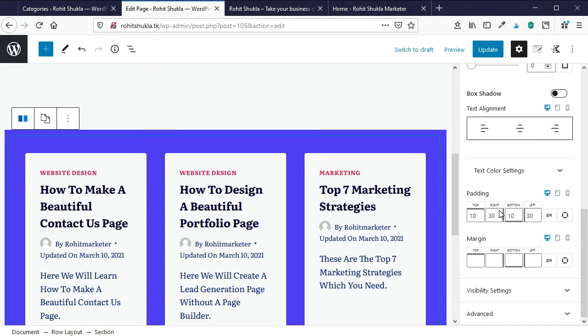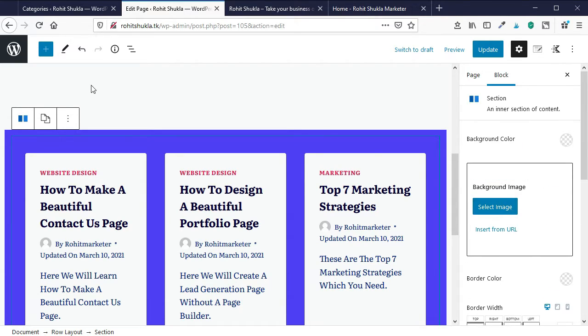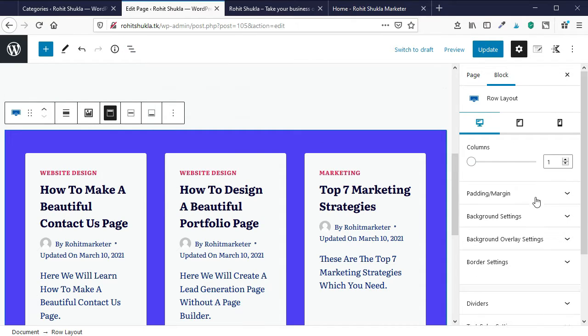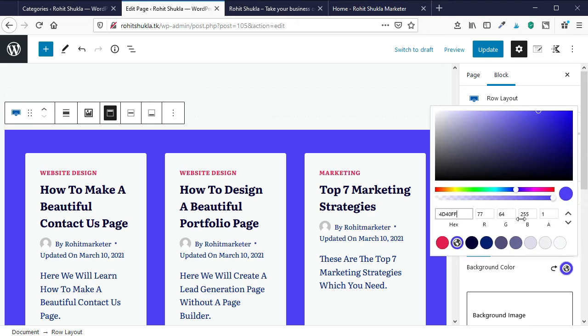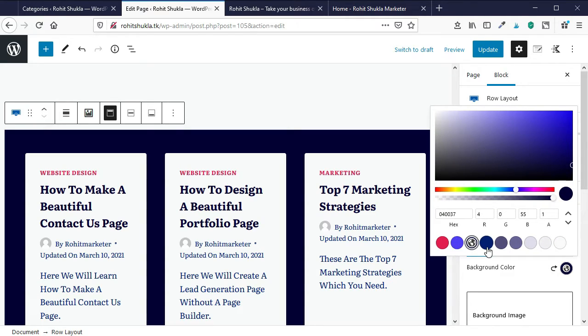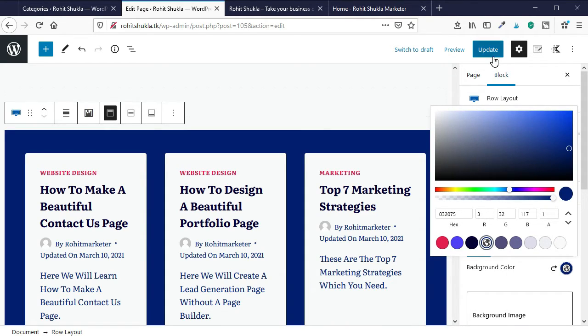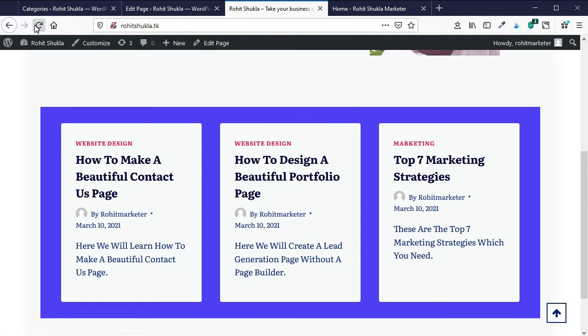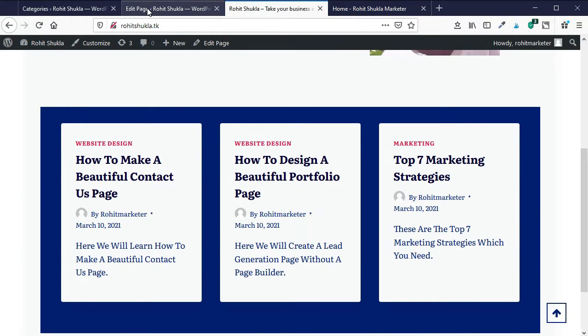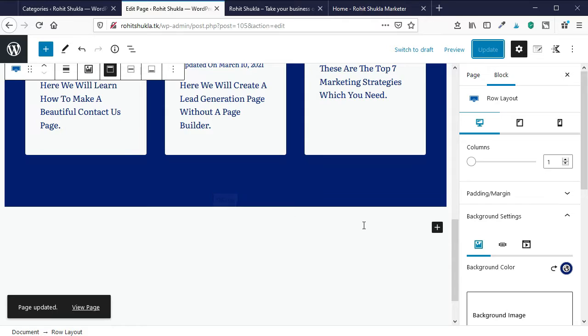And margin is just the opposite of the padding. In margin we change the outside part of the section. So now I am just changing the color to something similar to the earlier selected color.